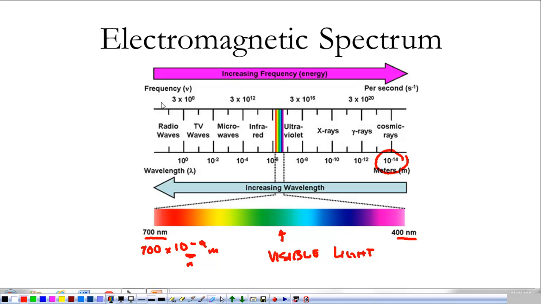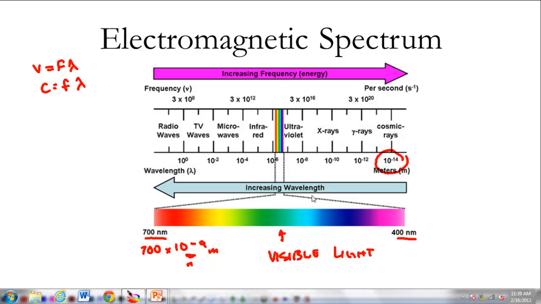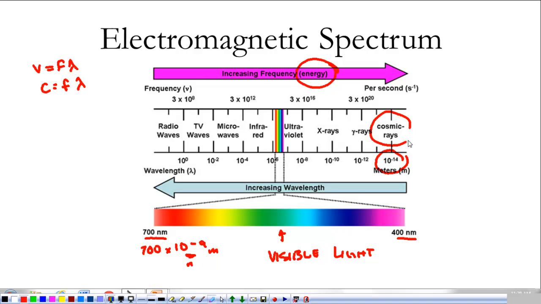But looking at this, frequency and wavelength share the same relationship. v equals frequency times wavelength, except for light, it's c. That constant speed of light is equal to frequency times wavelength. Any light that we can say has 400 nanometers has a certain frequency. They're associated that way. Now, this is important to note. As the frequency of my wave increases, so does the energy. So cosmic rays carry more energy. That's why you don't want to get hit by cosmic waves. However, radio waves don't have a lot of energy.